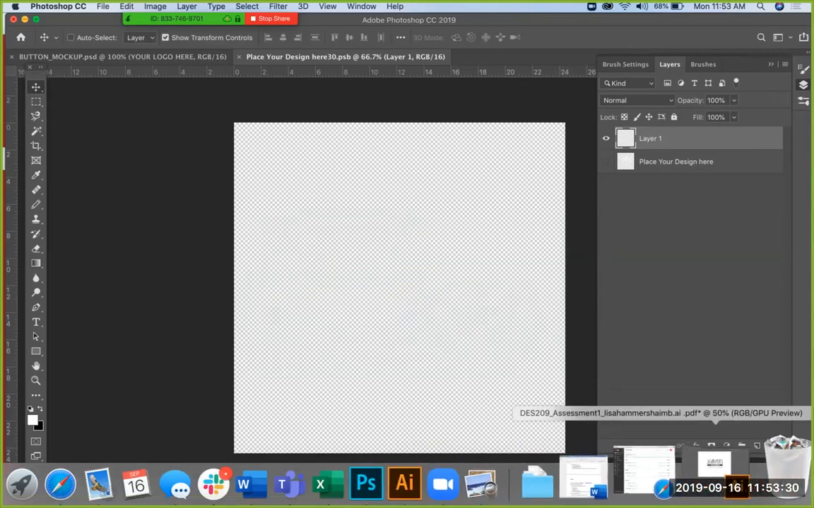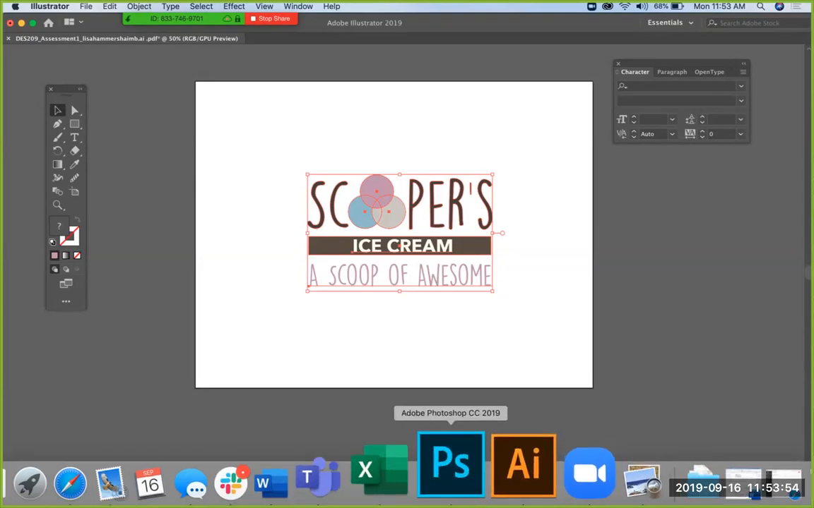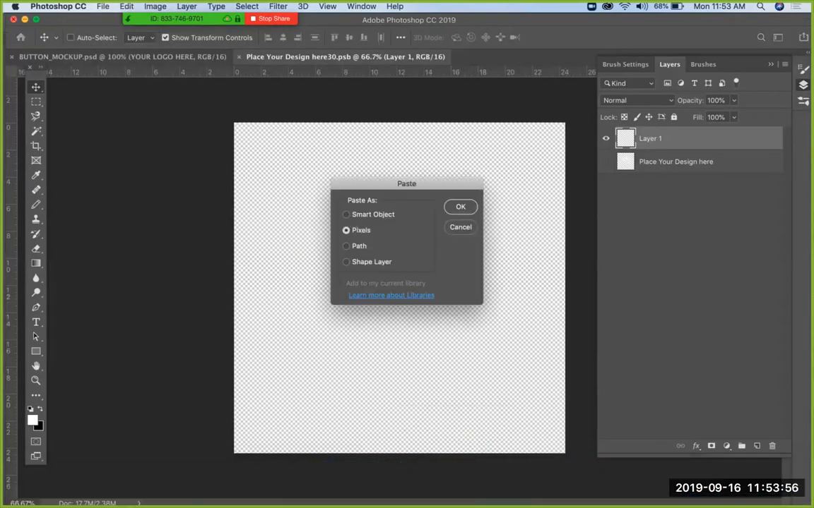So you're going to come back to Illustrator and copy. I would recommend for the button, you copy your logo and your tagline. So this is not going to be for everything. So for the other 2, I would say just the logo, but for the button, logo and tagline, so select it all, Command or Control C to copy, Photoshop, Command or Control V to paste,